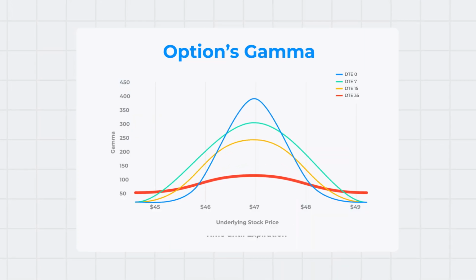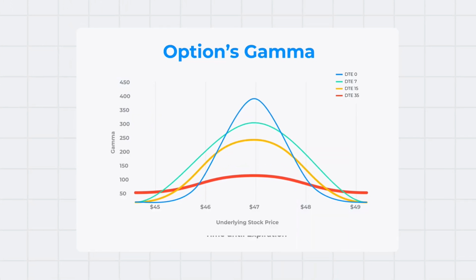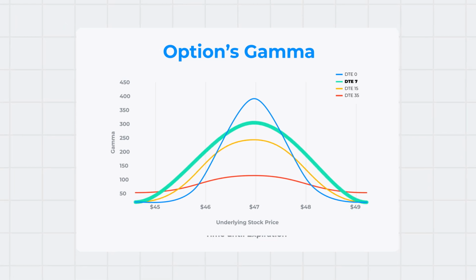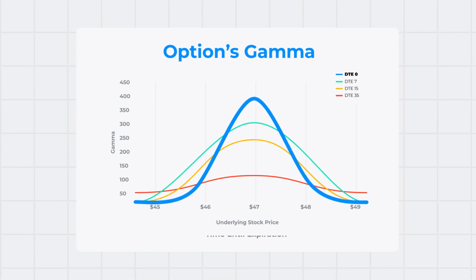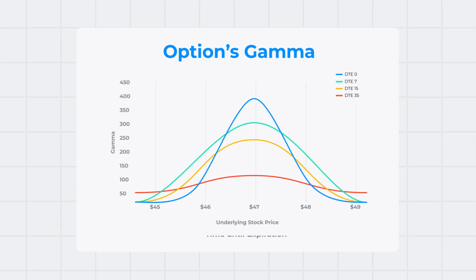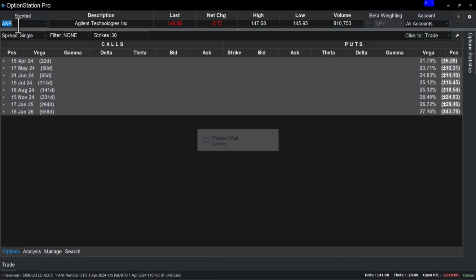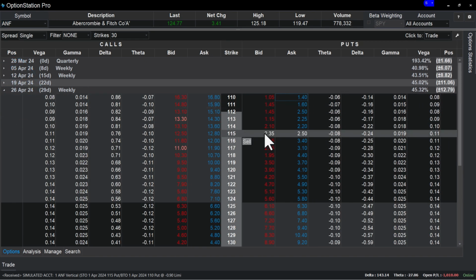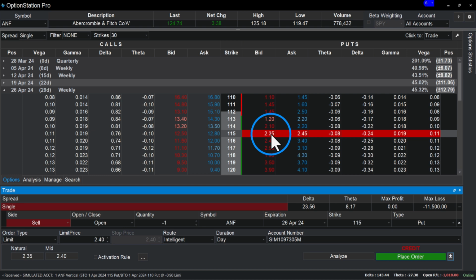The increased theta also comes with an increased gamma. This means that the bull-put spread benefits from the time decay, but is at greater risk from premium changes due to adverse price movement. To take advantage of the increased time decay, we are choosing options that have 29 days until expiration. In this example, let's sell the put at the support level, the 115 strike, with a bid currently